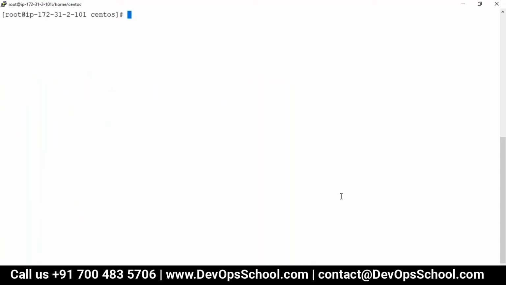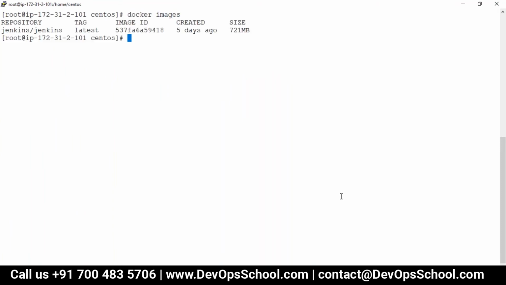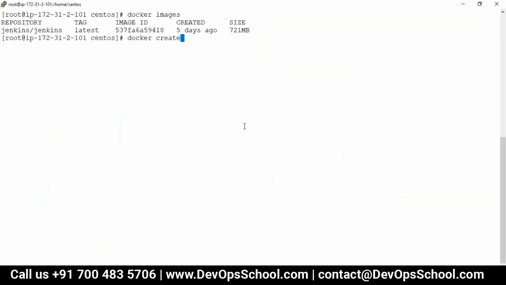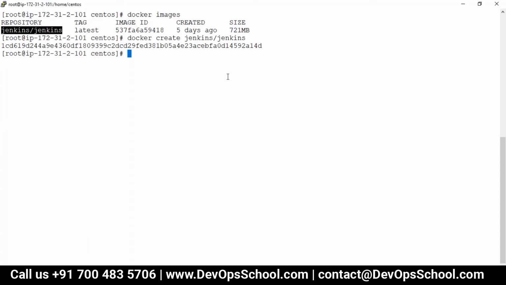No, Rajesh. So here, docker images, docker create, very simple. See here, I am creating with the create command from this image. Now one container got created. Docker ps. Remember that I created it, it's not running. So ps -a.